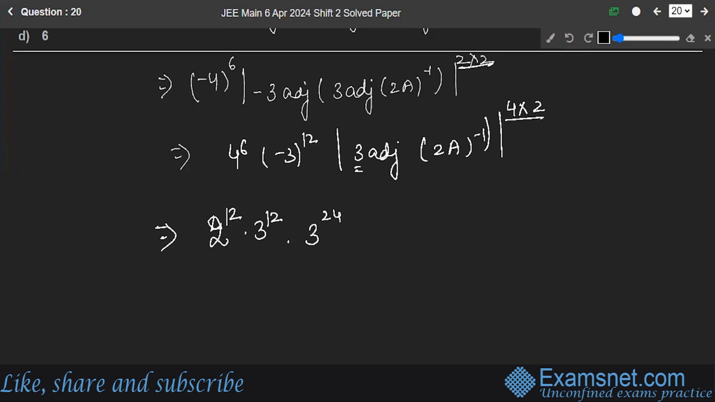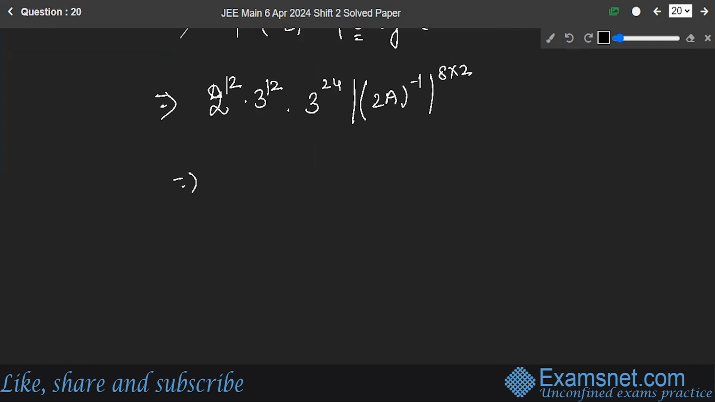8 threes are, this is 24, and you have 2A inverse determinant, and here was 8 again into 2. This is the 8, and 3 minus 1, this is equal to 2, and you have 2 power 12 into 3 power 36, and now I'm going to take 2 outside. This is inverse, so this will be 2 power minus 48, correct? Yes, because here is 16, 16 threes are, this is minus 48, and this is determinant of